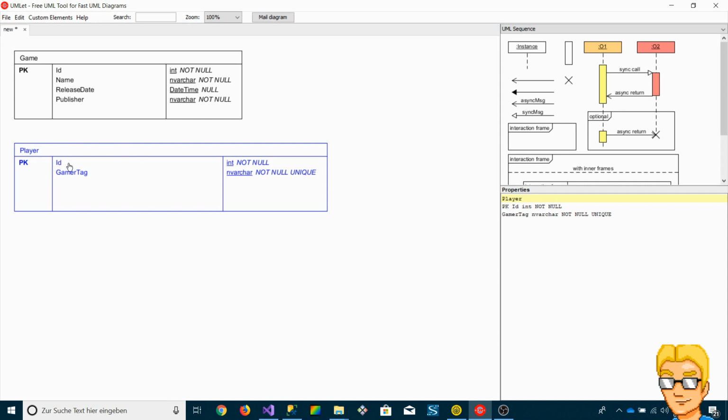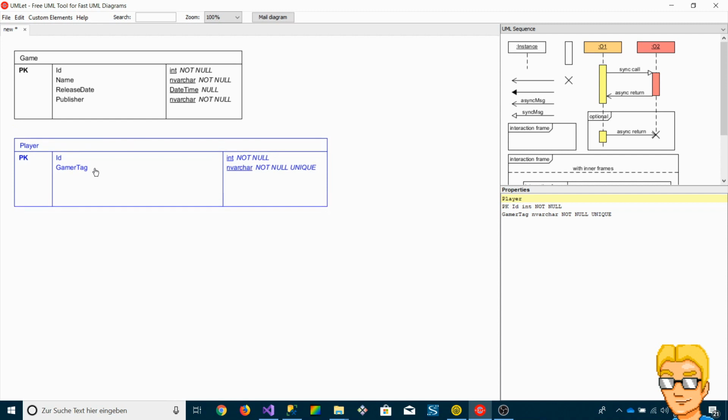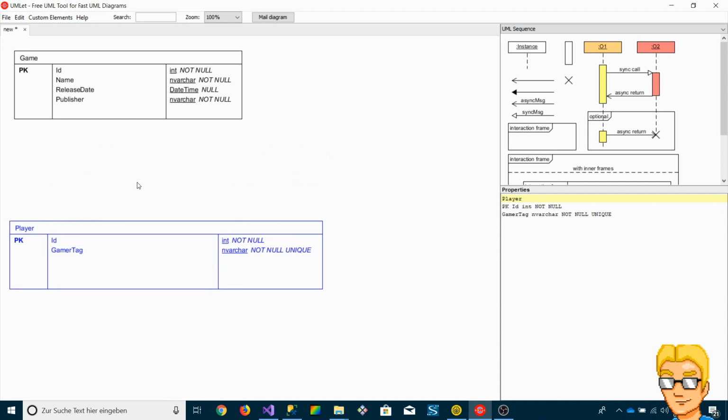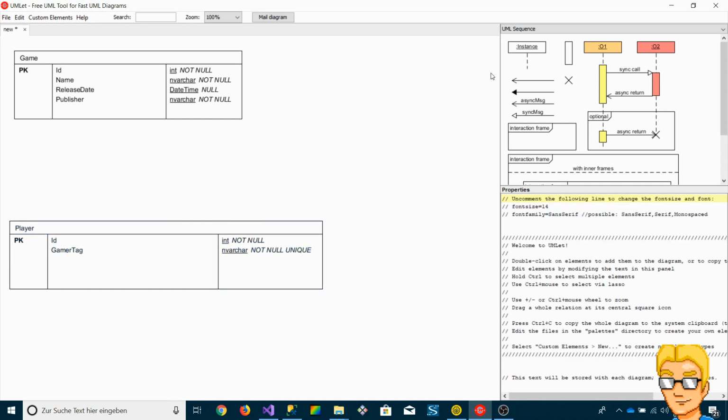I mean, we can do that using the ID, of course, but we want to make sure that every player has his own or her own unique gamer tag. Okay, so that would be it for the player for now,